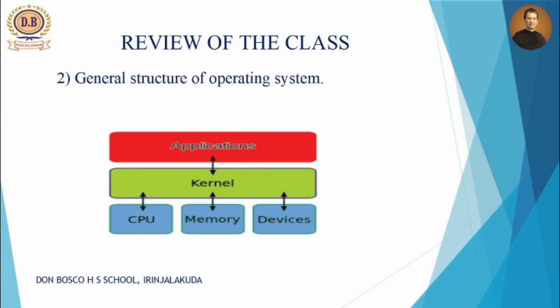The second topic was the general structure of the operating system. The operating system acts as an intermediary between the hardware and application software. In the operating system there are 2 main parts. One is the kernel program, which is built into the operating system. It controls each and every device, which means the hardware, and also the applications. Second is the GUI, which may be called the shell, the system to be displayed. GUI means what we see on the monitor, that interface, which is known as the shell.